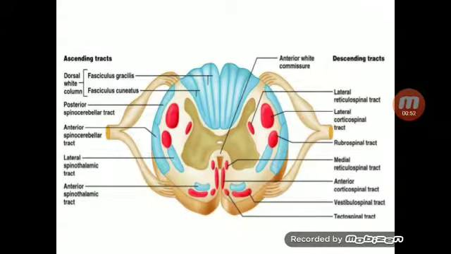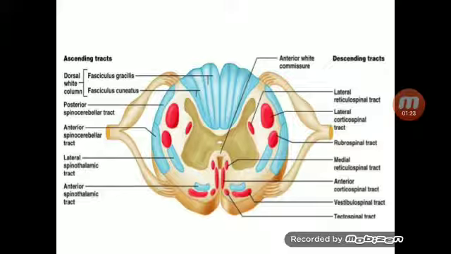Now, this is a well labeled diagram of a spinal cord cross section depicting ascending and descending tracts. For now, let us concentrate on ascending tracts on the left side. Ascending tracts are represented in blue color and descending tracts are represented in red color here. Their relative positions in the spinal cord are shown in the diagram. The first two are fasciculus gracilis and fasciculus cuneatus, presented dorsally. Both of them are parts of the dorsal column medial lemniscus system.